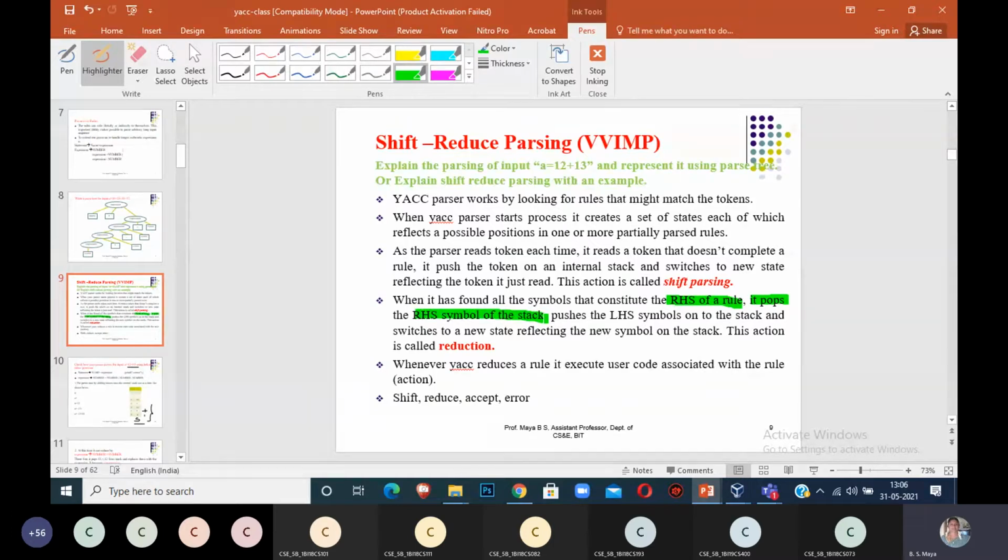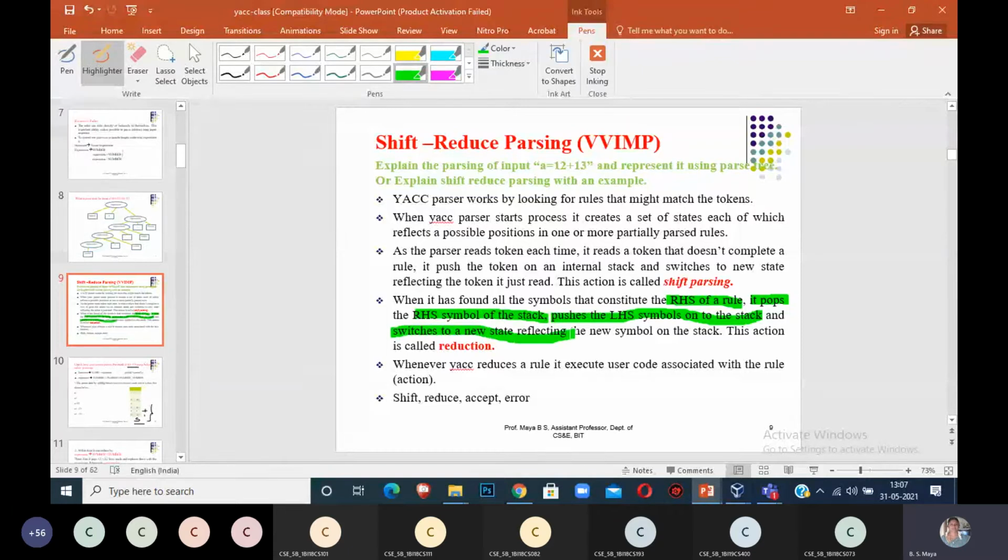After popping, what to do? Then push the LHS symbol on the stack. Number plus number I am popping. I am replacing all three symbols with one symbol. That is called expression. That is the LHS.